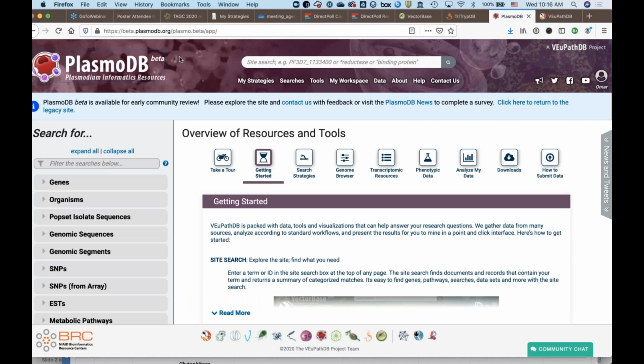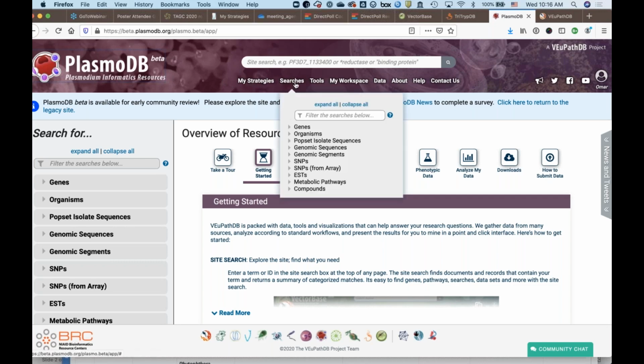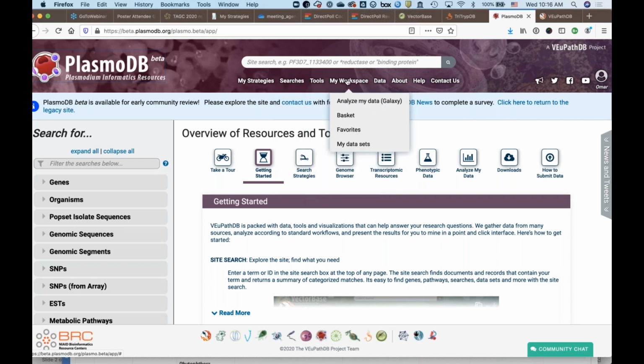So the breakdown of the homepage is really, there are 3 or 4 main sections, basically. The top section is the banner section or the header section. This includes the logo of the database that you are on. There's a site search. This is a new functionality which will be demoed next. There are a number of menus at the bottom of the site search, including your strategies, and we will show you what these are. Access to all the specialized searches that are available within the resources, access to tools, your